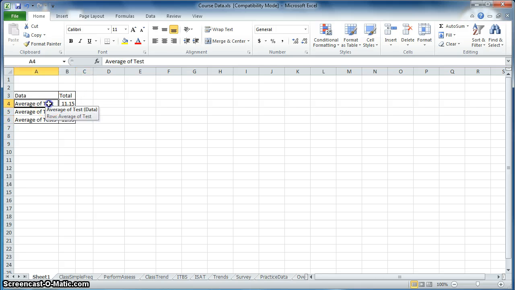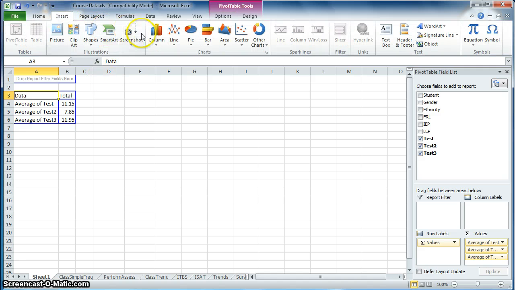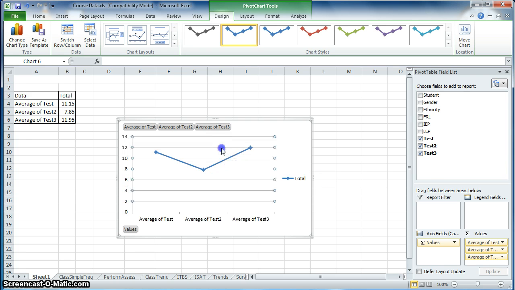After we create a pivot table of these averages for the 3 tests, we can also create a pivot chart. So we'll highlight the table, and then go to Insert, and this time we are going to make a line chart. So now this is how the students' average performance looks on these 3 tests. I'm going to delete this, and then